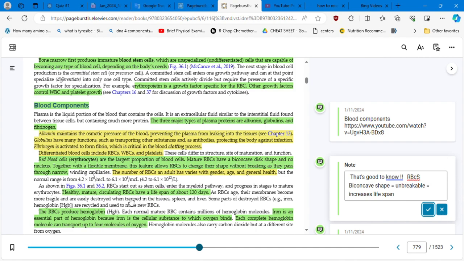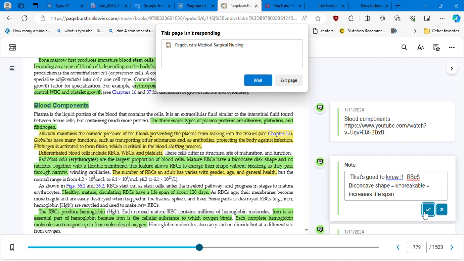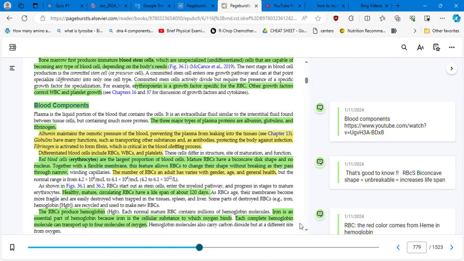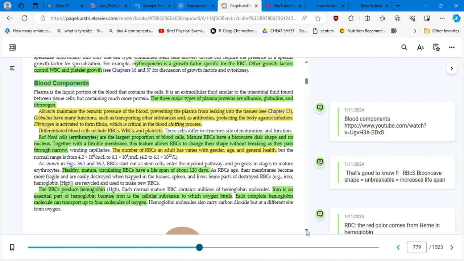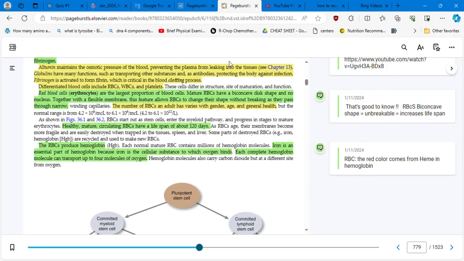The number of RBCs an adult has varies with gender, age, and general health. Mature circulating RBCs have a lifespan of about 120 days. 120 days. Okay, the RBCs produce